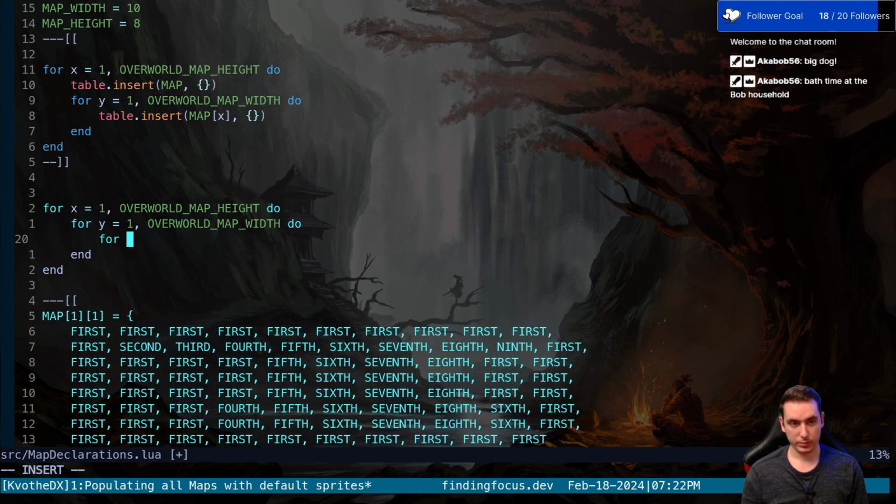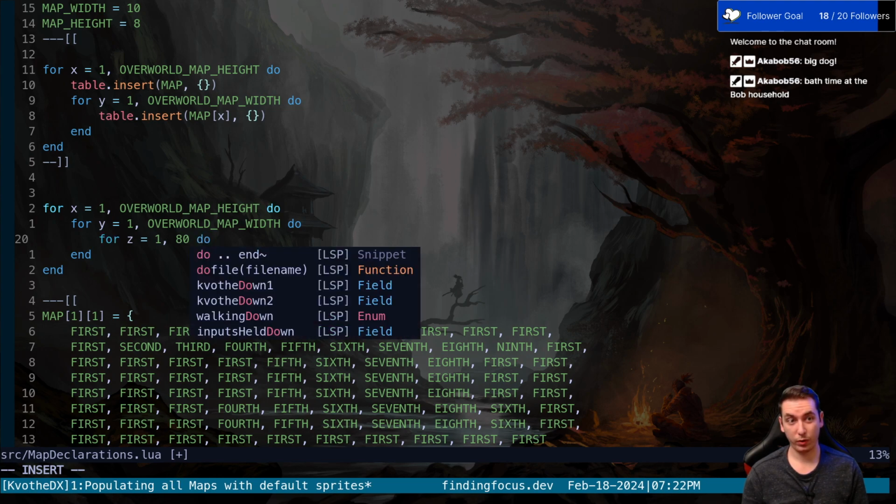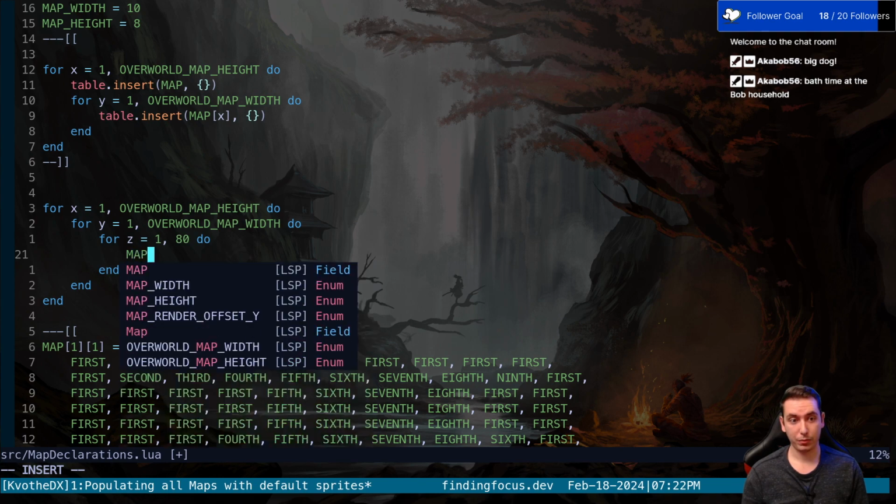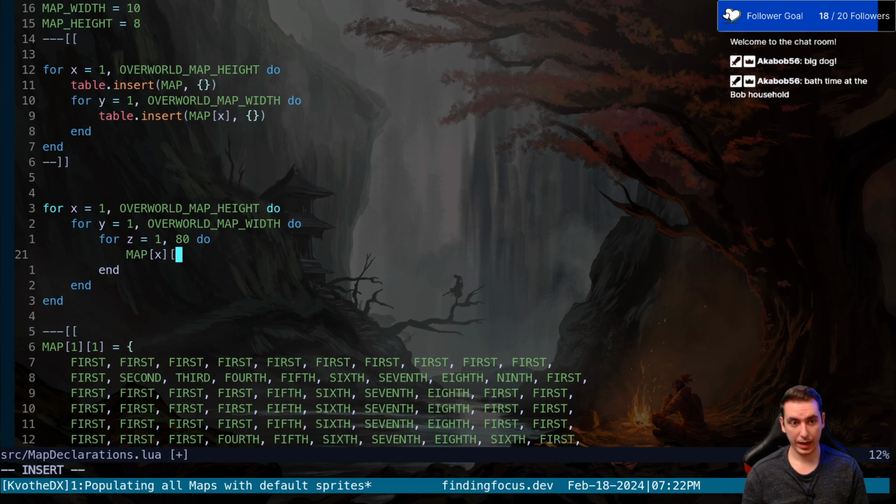We can say for z gets 1, comma 80. We know it's 80 because of our map width times our map height, so we would just say that, and we can say that our map at our x and our y